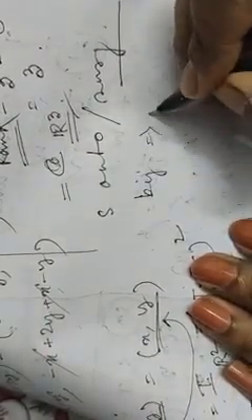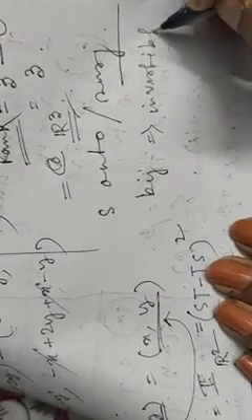Now what is the range? The range is a subset of our codomain set, which is R cube, right? Its dimension is 3, and R cube, its dimension is also 3. That means this is not a proper subset. The range and the codomain set are both the same because their dimensions are the same and they are finite dimensional. So we can say the mapping S is onto, or a surjective mapping. That means it is injective as well as surjective. So the mapping is bijective. That means invertible. So the second part is proved.